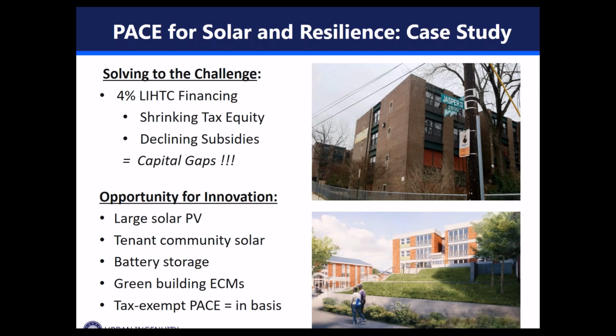So I'm going to walk you through an example here of a large, complex gut rehab. These are based on real financials, slightly generalized from a real project that we looked at and underwrote. It's a 4% LIHTC financing. Tax equity sort of disappeared because you may have noticed there was a new tax bill recently passed, and corporate tax liabilities are shrinking, and the tax equity market has at the very least had a lot of disruption. But then there's just pressure for subsidies, preservation trust funds, various things. So the emergence of these capital gaps is really creating a pressure